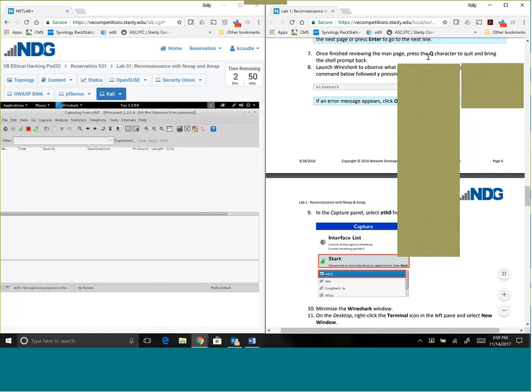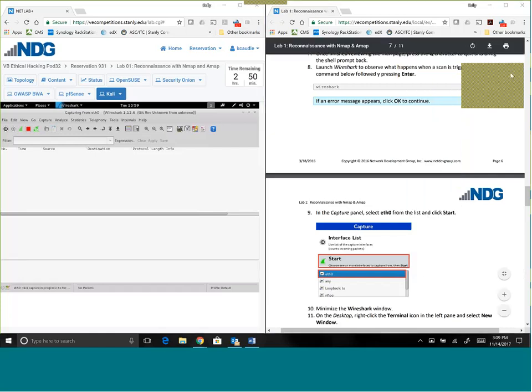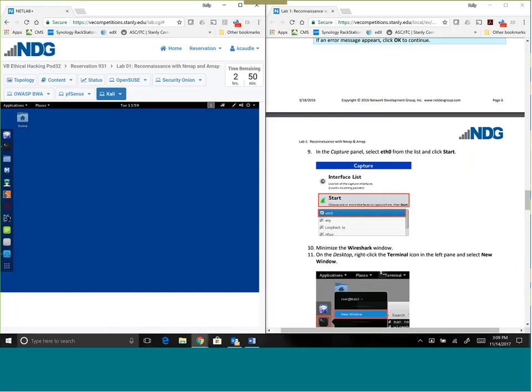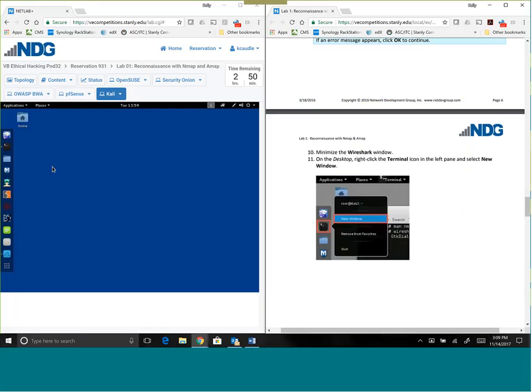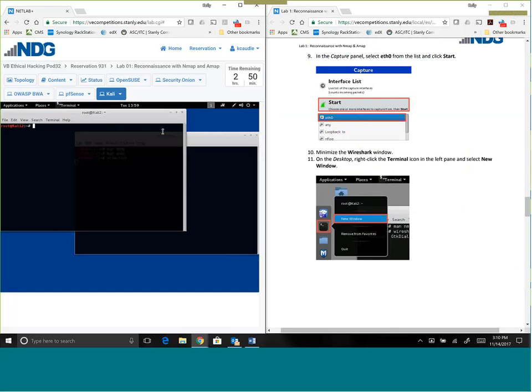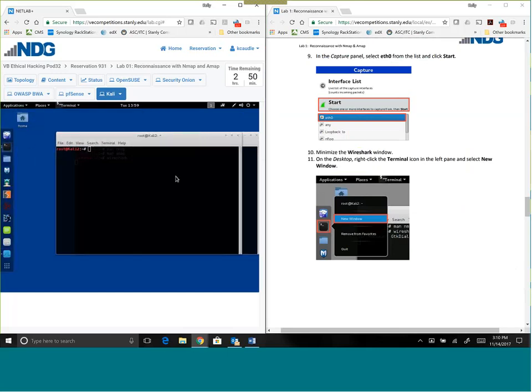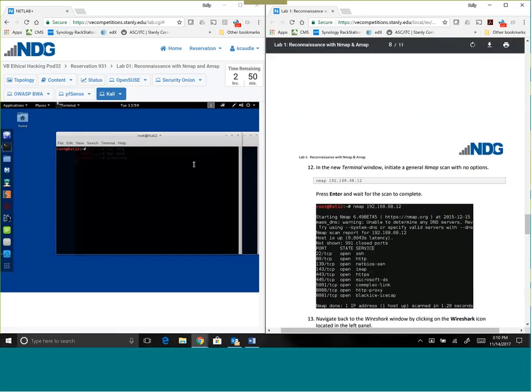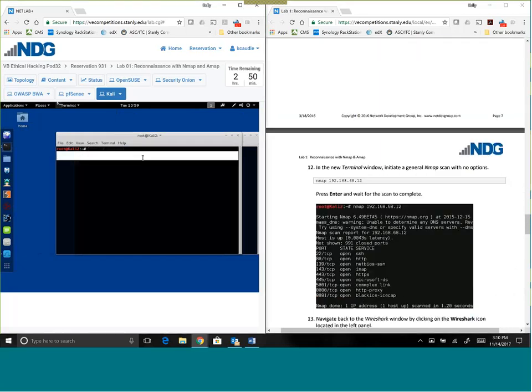All right. Great. Okay, I'm going to move on now that we've got Wireshark running. What they want you to do is minimize Wireshark, and that's going right to step 10. Then we're going to open a new terminal window. So we're going to open a second terminal window, and you can just right-click on it and go New Window. And you get a second terminal window that's running above. This is the window we're actually going to run Nmap in. And we're going to do a very noisy scan. We're going to run Nmap, space